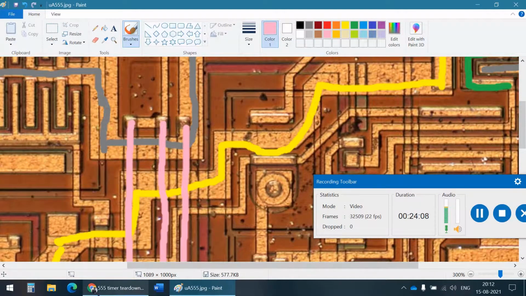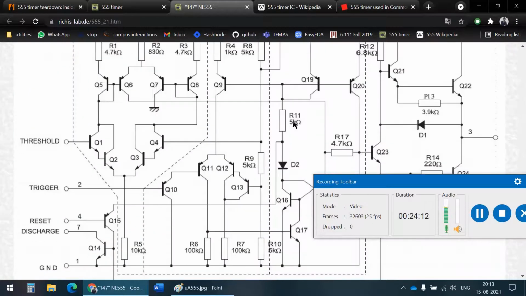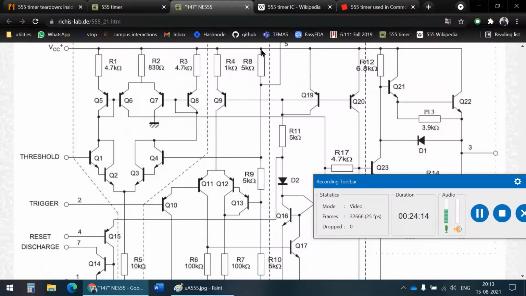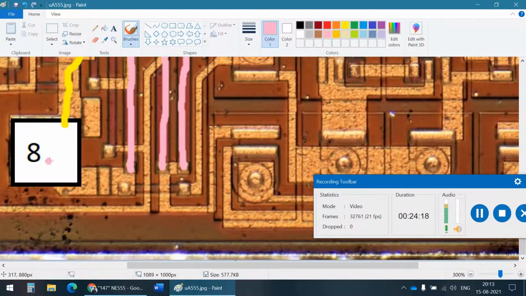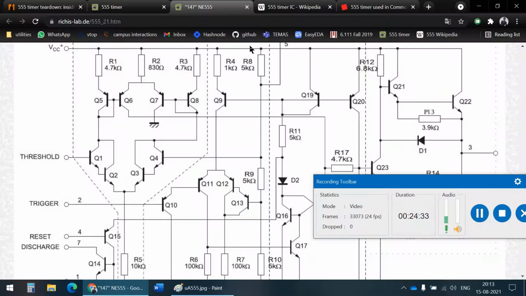Now actually we know that these 3 should be connected in series, right? Because one is connected to VCC. So let's find which one is connected to VCC. VCC was here, and this one, this is the end of the resistor. This is the metal contact. It seems to be connected to VCC. Okay, so this is connected to VCC, and the other end of this seems to be connected to the end of this. Okay, so one end is connected to VCC, the other end is connected to the other resistor, and